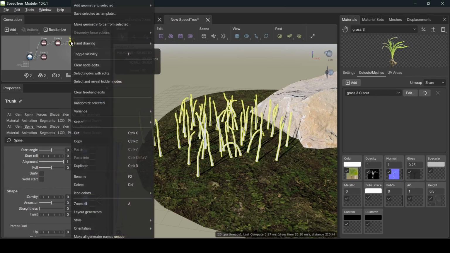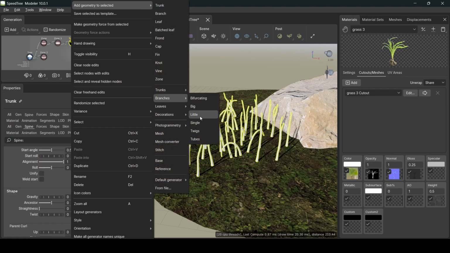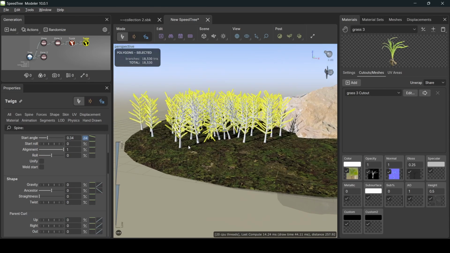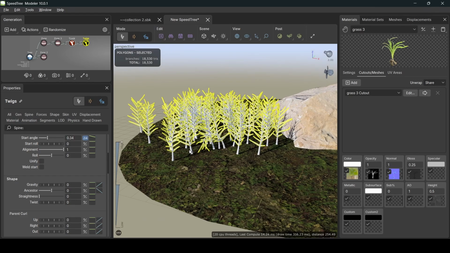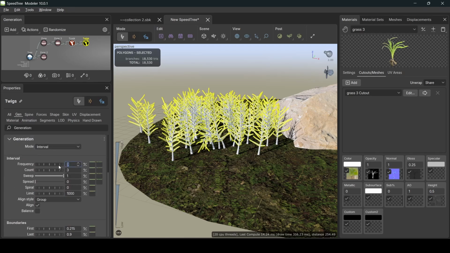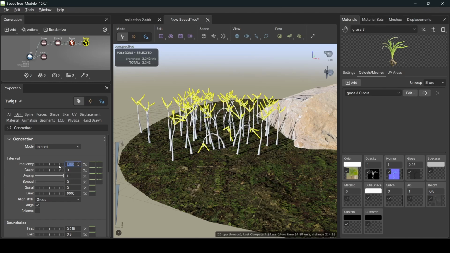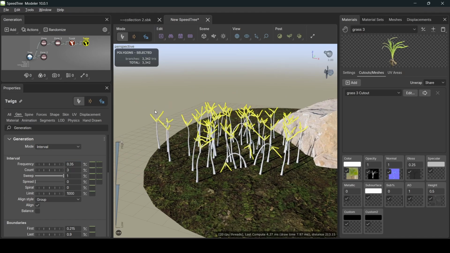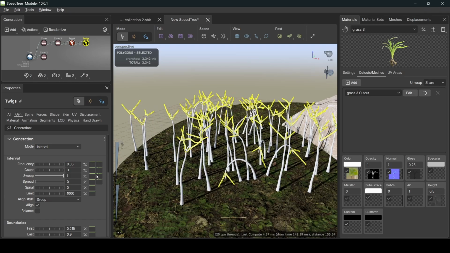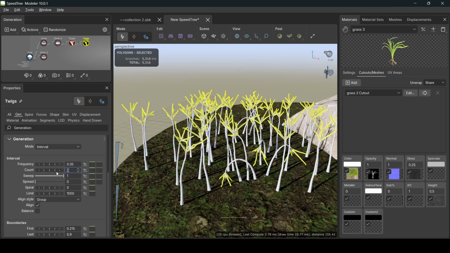Now we need to add some twigs to our grass. Now go to Gen and set frequency to 0.35. This will get rid of most of the twigs and leave you with only a few. So increase the count to 5. Now scroll down